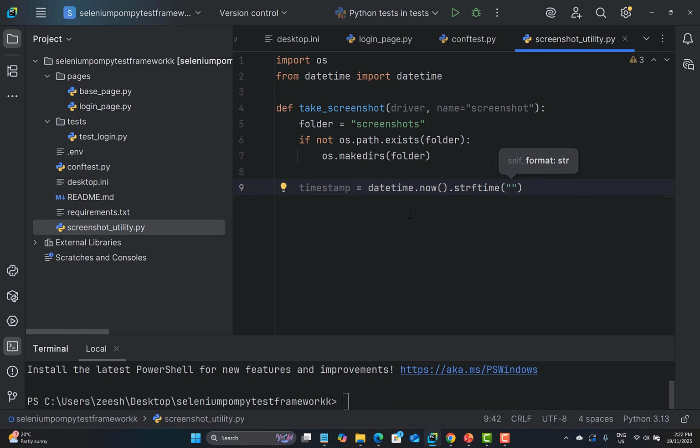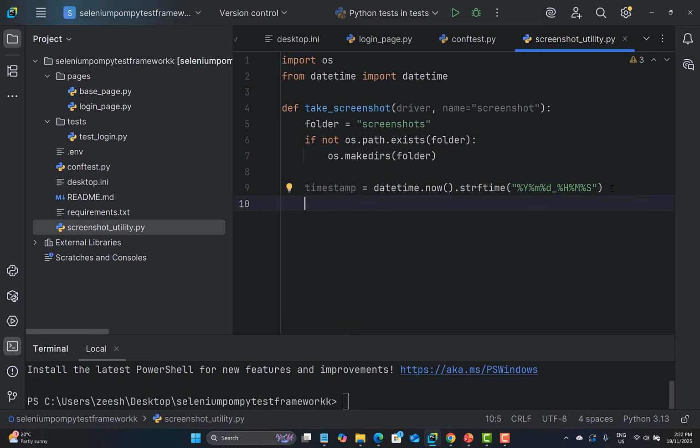Usually what I do is I just go with %Y, then %m, then %d, and an underscore, then %H, %M, and %S. So basically I'm just getting the current time and formatting it in this particular format. And once I have this format over here, now file